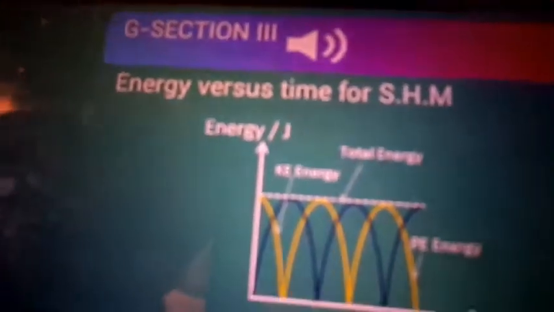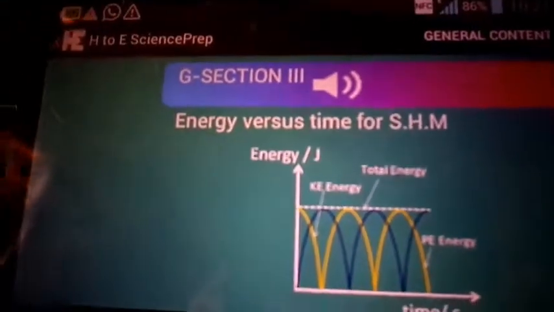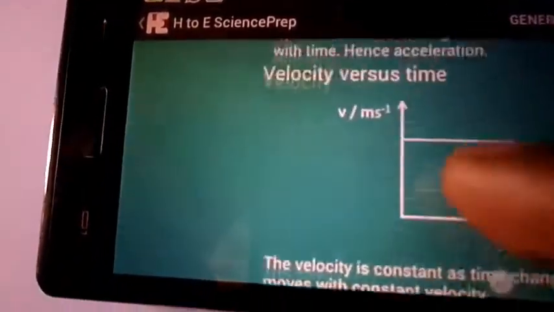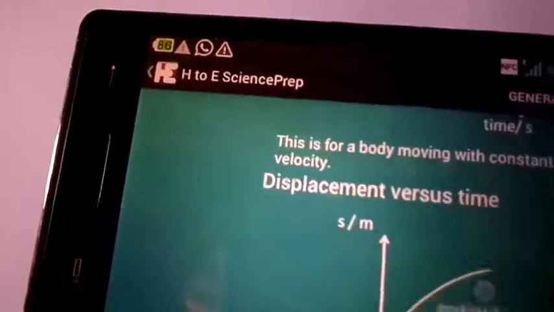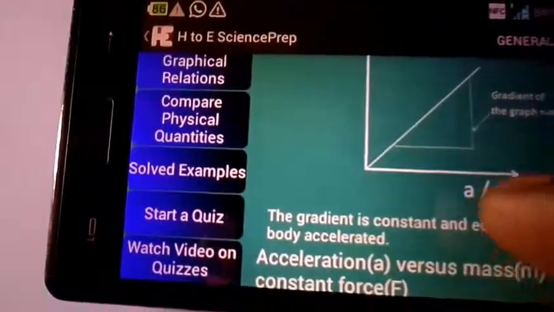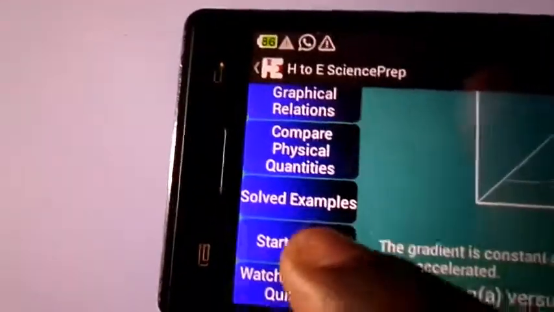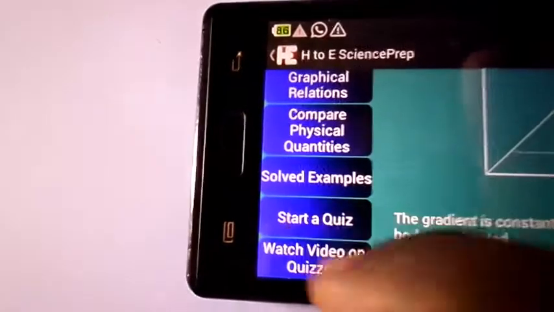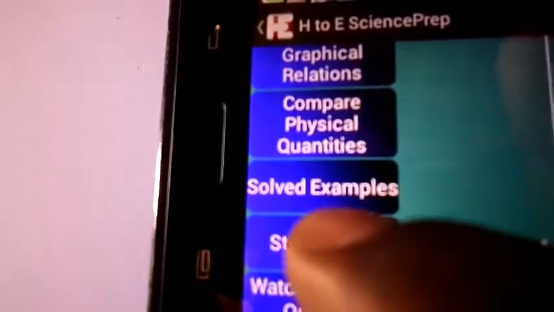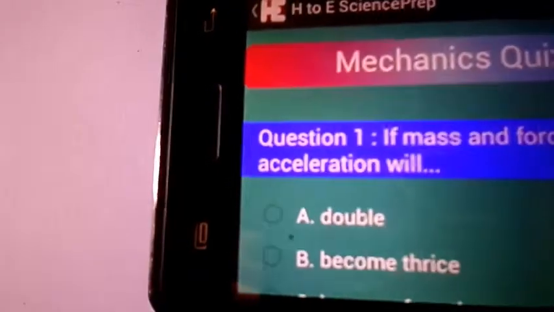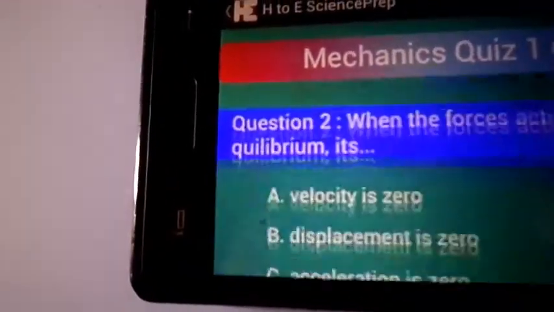If you look at it, they can follow an audio explanation of the graph. And if a student is in a topic, like a chapter such as mechanics, and wants to take the quizzes, you don't need to go to the quizzes station. You just take the button here, start a quiz. That takes you directly to the quiz section. It takes you to the quizzes of